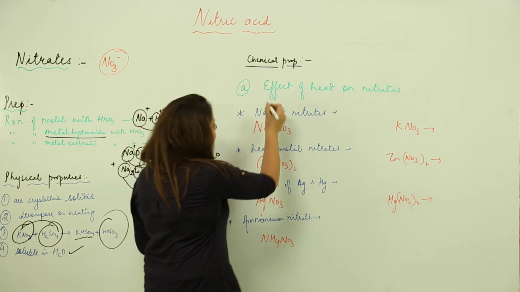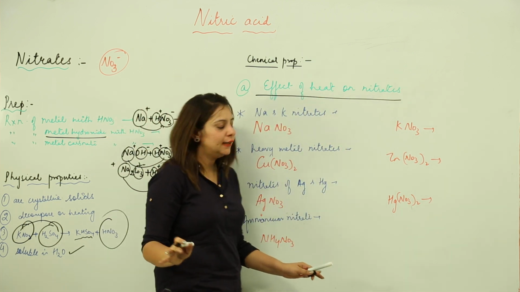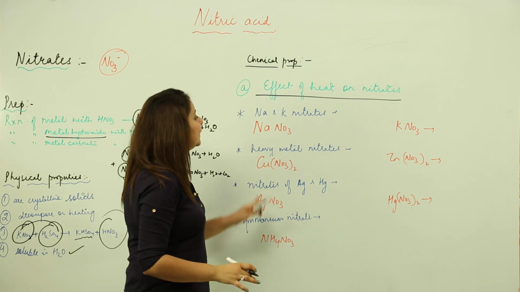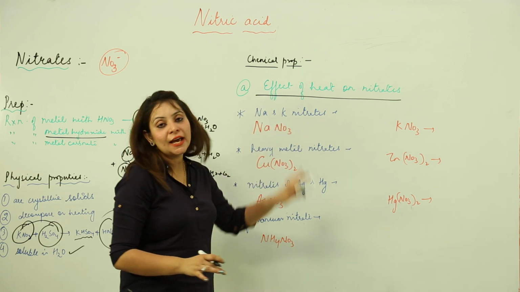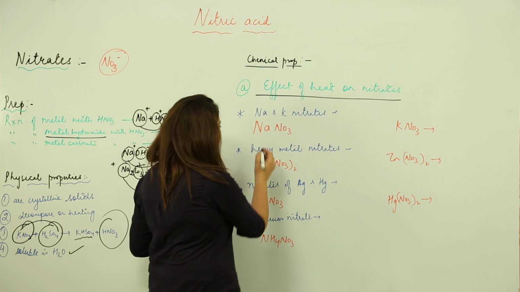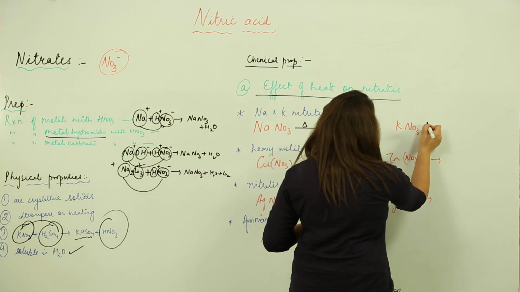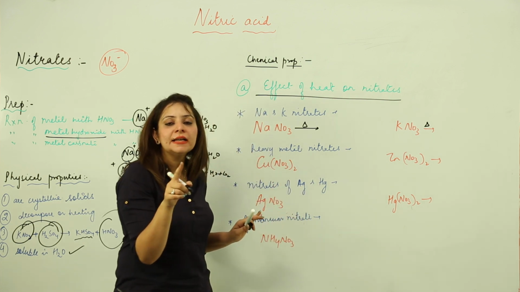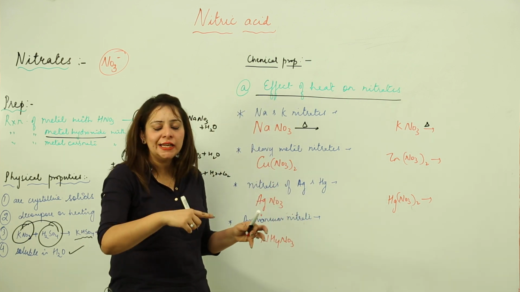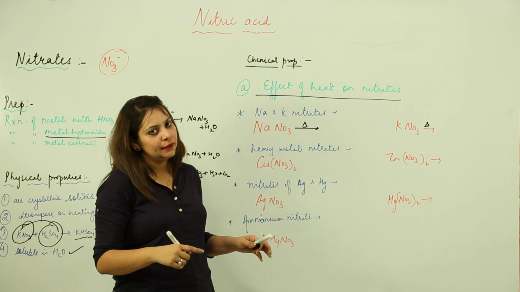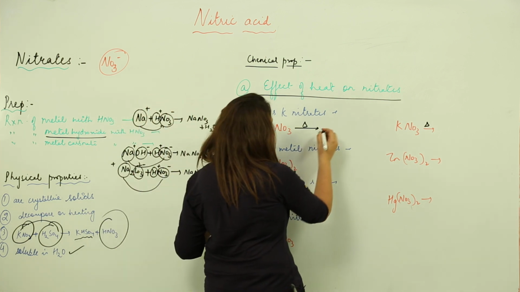So we are going to heat the nitrates again, it's clear. So the first is that when we heat sodium and potassium nitrate, what do we get? So I have potassium nitrate, I am just heating it because it has to decompose on heating, right? So I need to put a delta sign which will indicate that we are heating, and on heating it is going to undergo decomposition. So we get